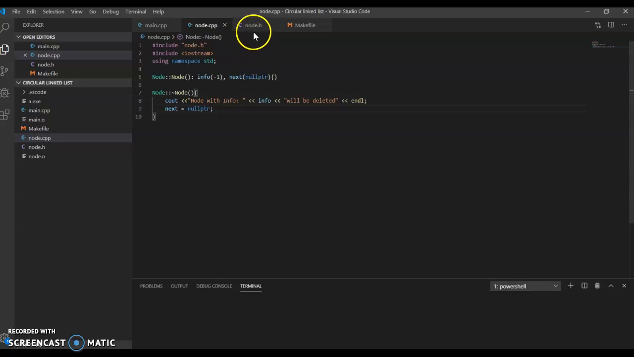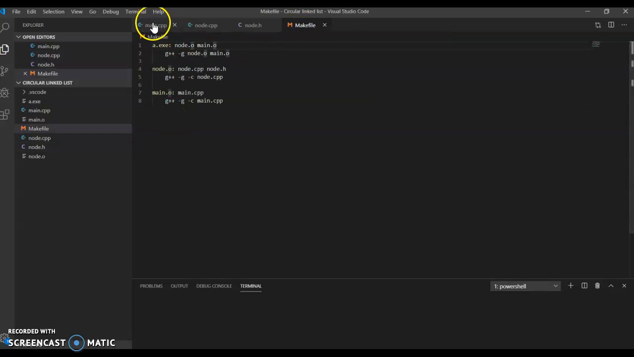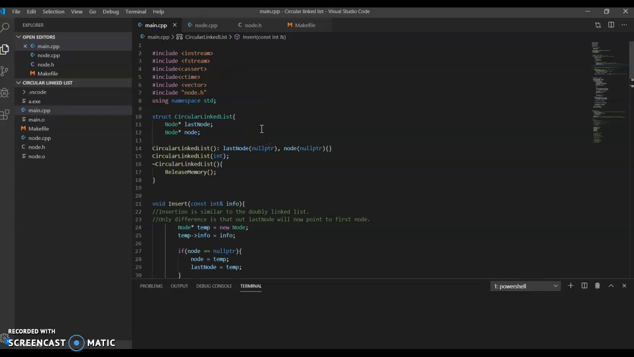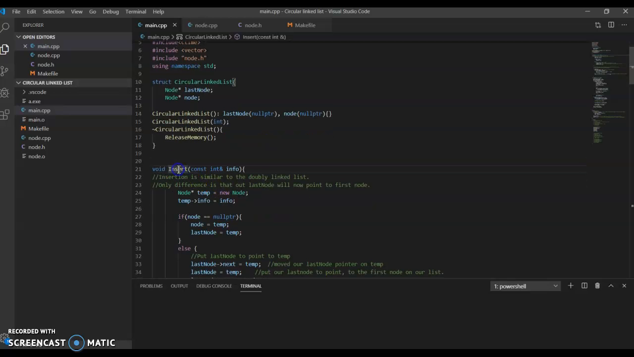So here is my node.cpp, node.ts. My makefile is simple. So here is the constructor, here is the structure. This is one of my functions, release memory. I have the insert function,